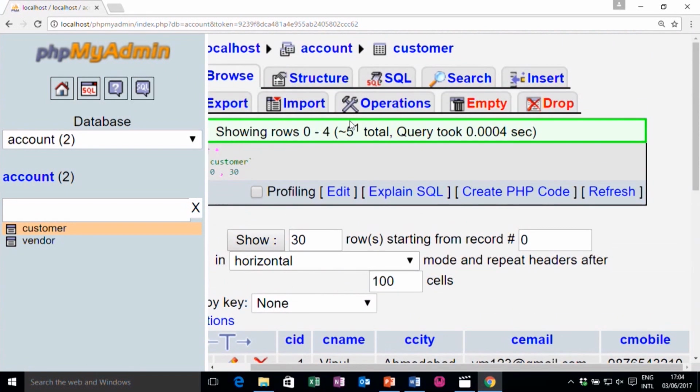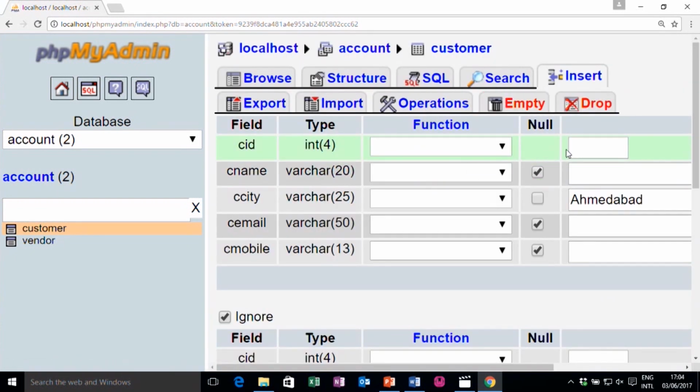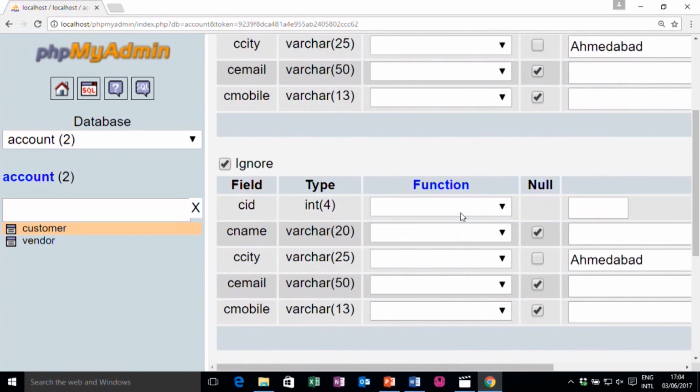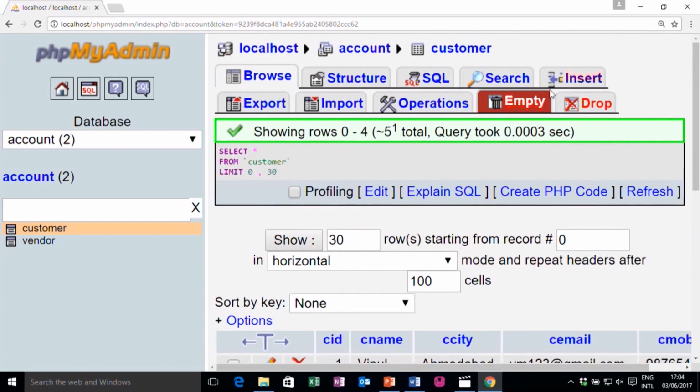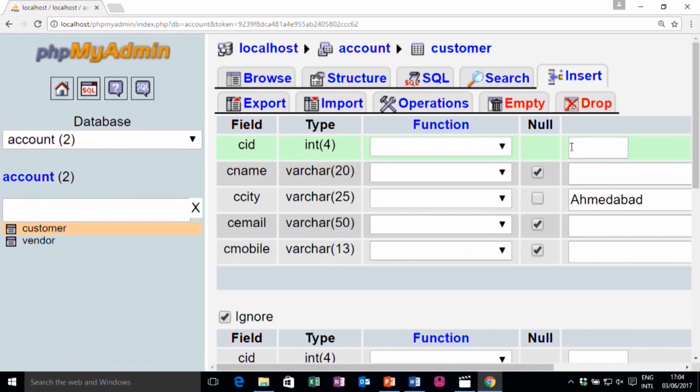And as I say, through the GUI, if you click on insert, it will show you options and here you can write values. Say for example, how many records do we have right now? Ultimately we have 5 records. So, I go to insert. If I do not know a value, I can skip it. Here I write the name, let me write Anand. By default city is Ahmedabad. If I would like to change it.